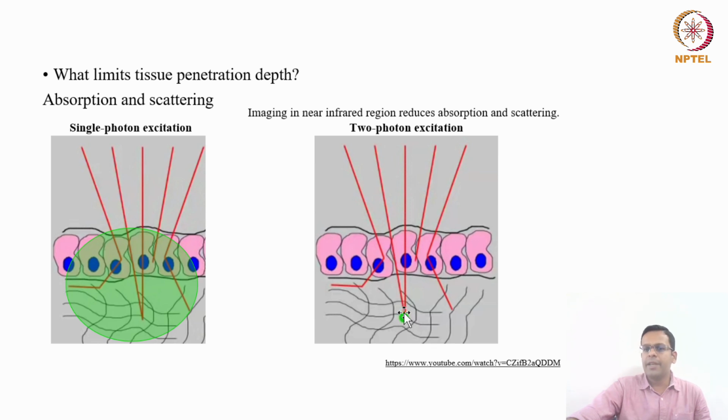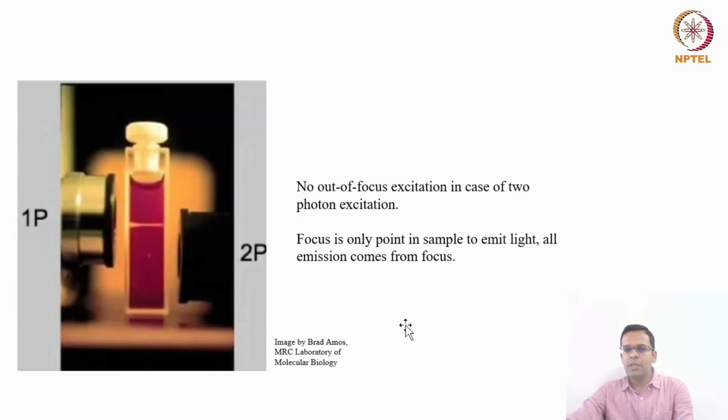Why such a small area? Because this is the area where the probability is high of two photons reaching simultaneously to excite the electrons from the ground state to the higher orbit. So the small green area that is shown here is the area where two photons will come simultaneously within 1 femtosecond to impart the energy which is enough to excite the electrons from the ground state to the higher orbit. That's why in two photon illumination, only a small area is illuminated.